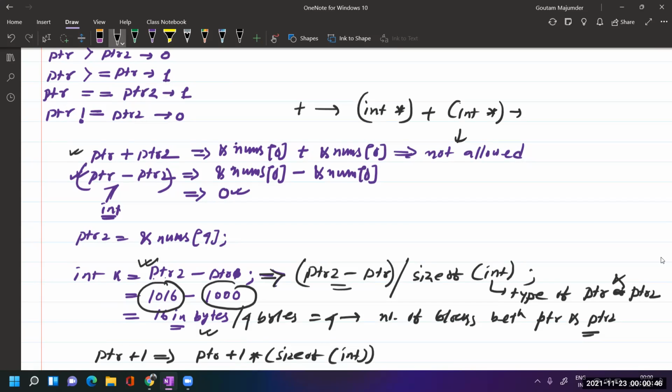We can perform this between an integer pointer and an integer, it is allowed. We can also perform plus between integer and integer. Here I am taking the array as integer. You can also try it with a float array, a float type of pointer. It will also get similar treatment.